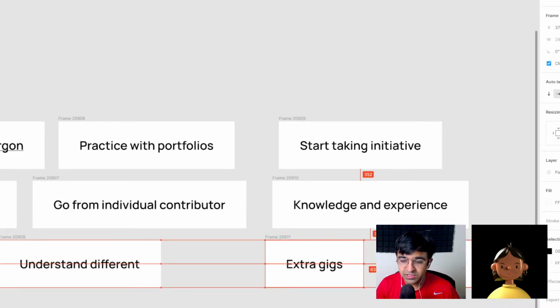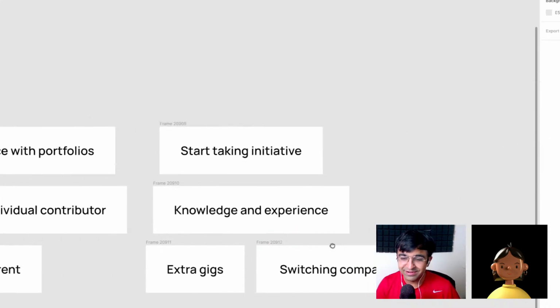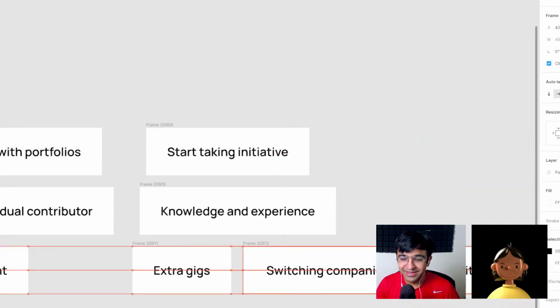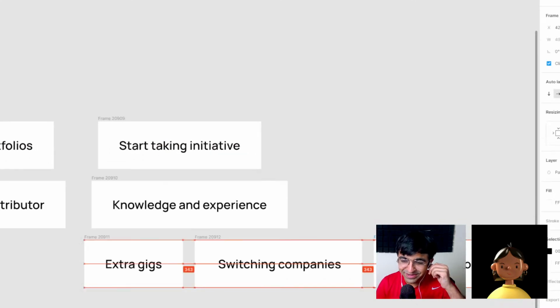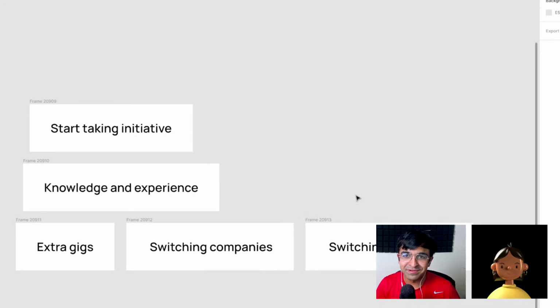But apart from that, from personal experience, again, like Sonia also brought that up, switching companies is, I think, the fastest way to do it. It's definitely a little trickier and takes a lot of paperwork, this, that, but I think it is the easiest way to go about it. You don't have to ask anyone for a raise. It's just inevitable. You'll get like a 10-15% raise. But don't use it as a hack. Don't change companies every 3 months just for that. But yeah, I think switching companies, apart from that,